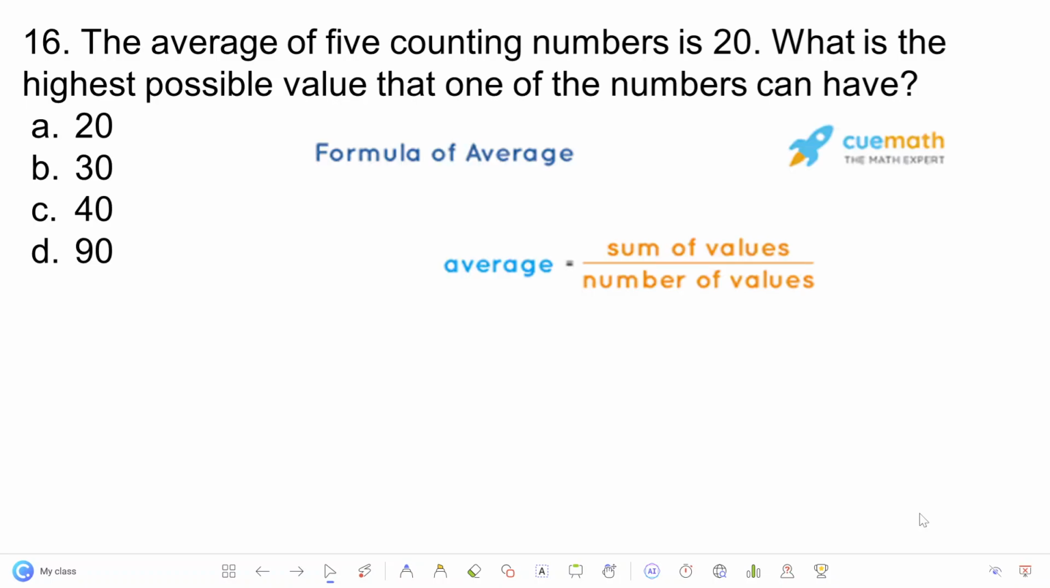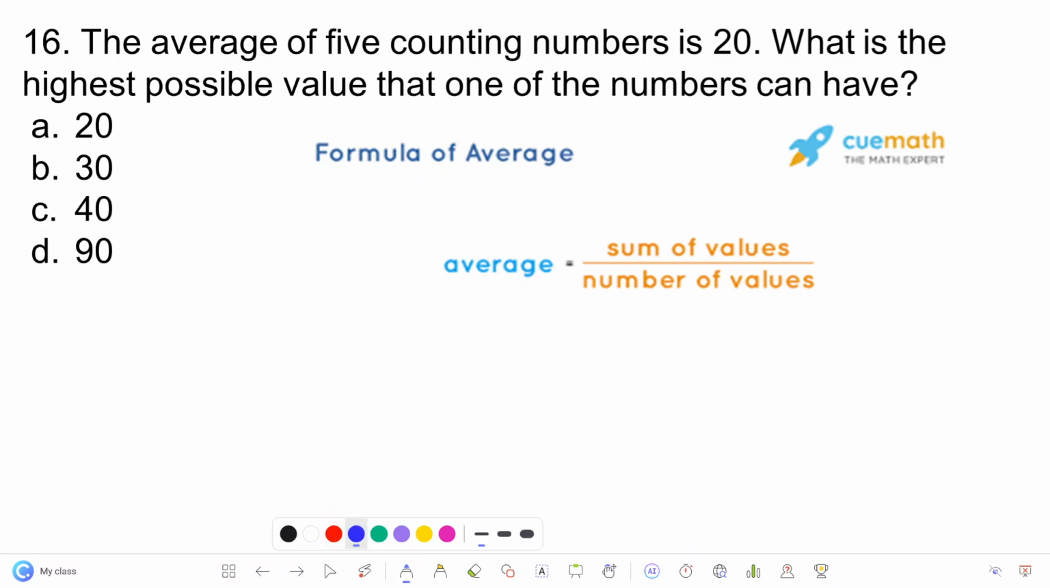Before we proceed with solving this item, let's first discuss the formula of average. Ang average po ay simply the sum of values over the number of values. Ito pong sum of values, kung ilan pong numbers ang nakikita ninyo, ipag-add po ninyo lahat ng numbers na yun or yung values na yun. At ito namang number of values, ito yung bilangin mo kung ilan yung values na yun. So in this problem,